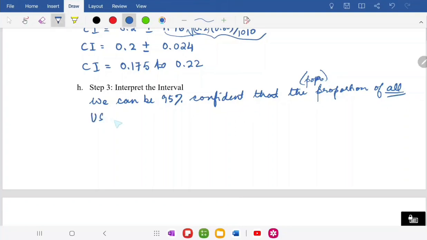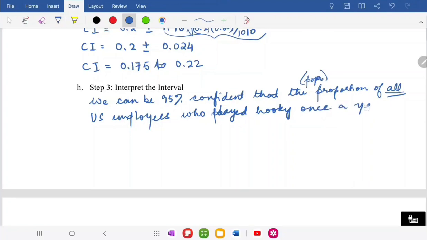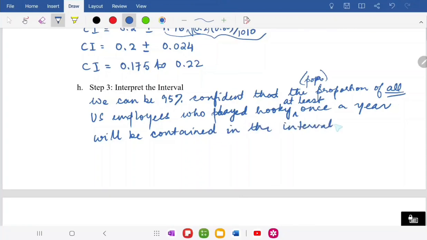of all US employees who played hooky once a year, or at least once a year, all right, let's make this at least to be more precise, at least once a year, will be contained in the interval, and then just state your interval,